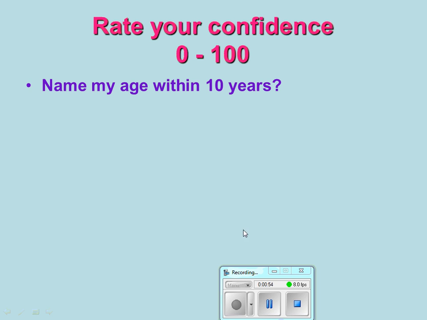What about within 5 years? Guess my age and be within 5 years. How confident are you within 1 year of my age? That's the confidence part that we're talking about in Chapter 19.